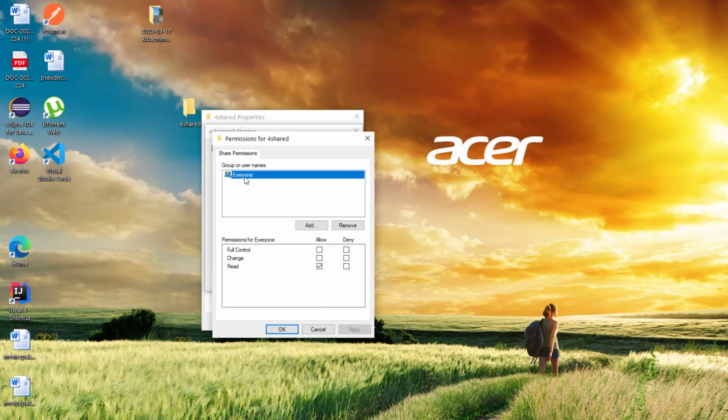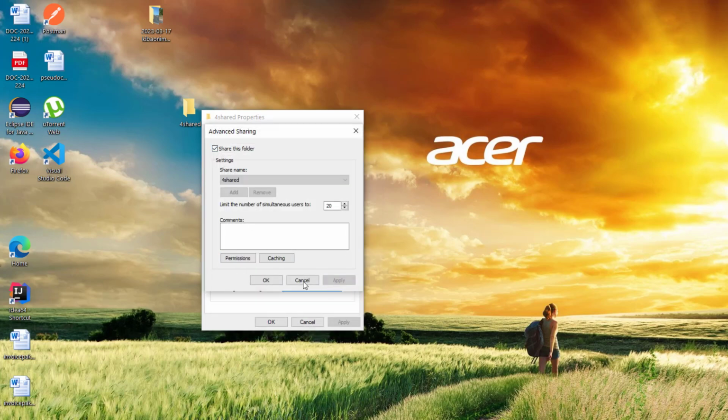So we add this group or username, Everyone, and click on it. Because we want to assign permission to everyone, we have to give full control by clicking the Allow boxes, these two, and then we apply, and then okay, and then we come back here, apply, okay, and then we come here,